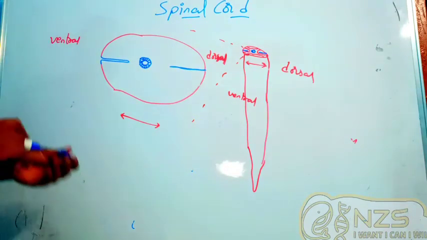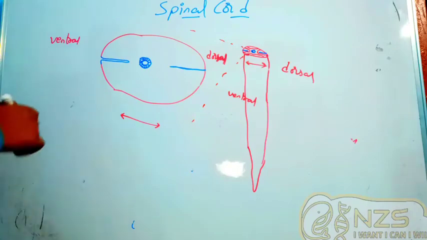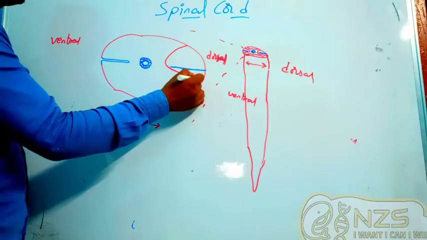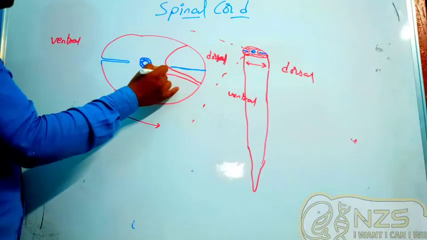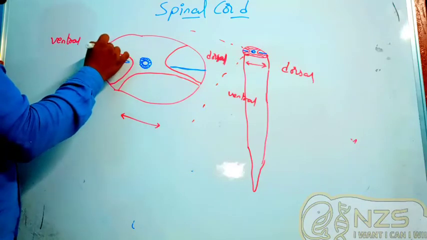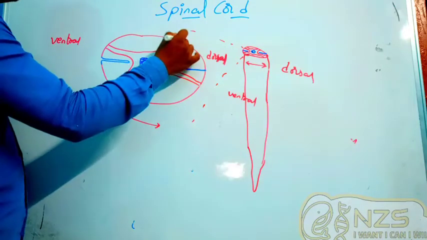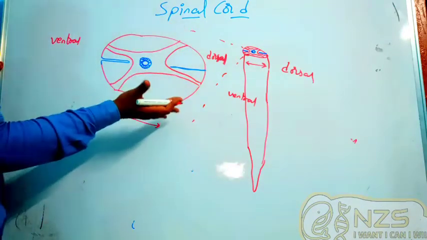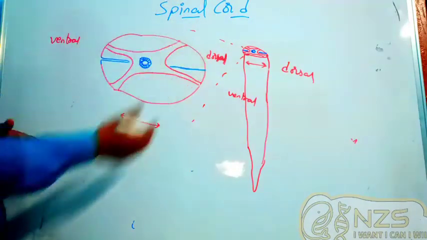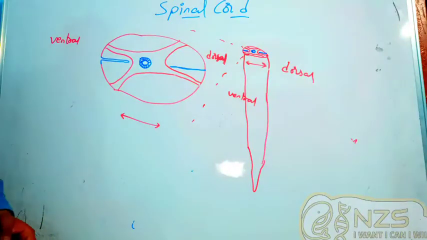And what we said, around this central canal we can see a gray matter, which is of what shape? An H-shaped gray matter. So what we can observe is an H-shaped gray matter with columns. So we can also observe columns here. For example, if I turn this around like this, you can see the H shape. Right now you see a different shape, but if I turn this around, you can see the H shape.